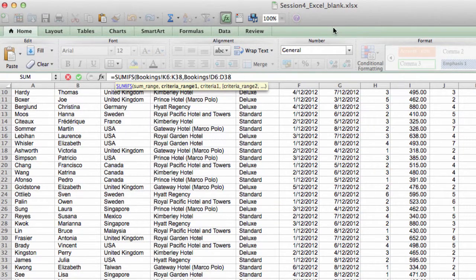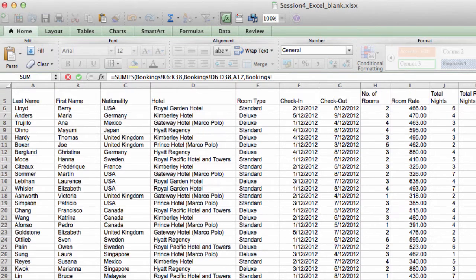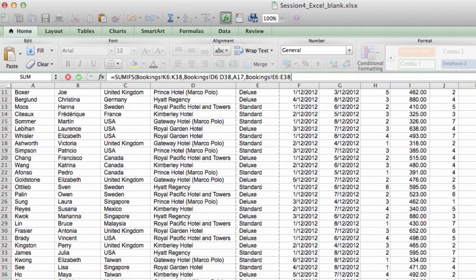This contains the hotel names, and we want to make sure that we only include room nights where the hotel name matches the value in A17,